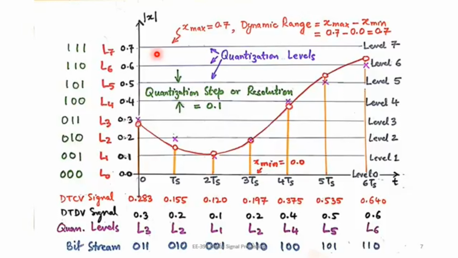So if you are given that signal, then obviously you will say that, okay, my x minimum will be -1 and my x maximum will be +1, because a sine wave can only move between -1 and +1. So in this example, this is not a sine wave, this is an arbitrary signal, and we are told that the minimum value it can have is 0.0 and the maximum value it can have is 0.7. So this difference between the x